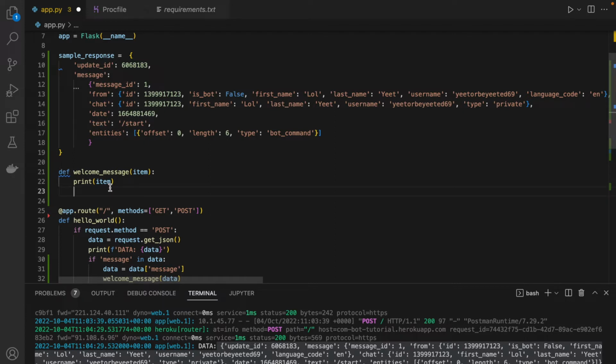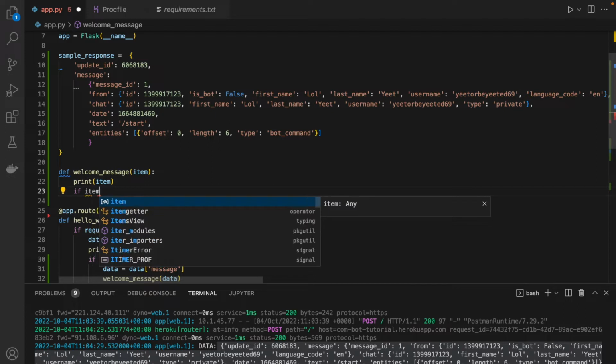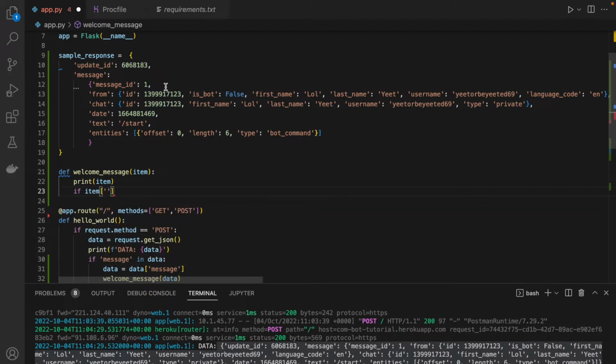So if the item got text attributes, which is this part, so if inside a message there is a text attribute, meaning that it's a text message, then we can, or maybe dot lower equals hi. If someone sends hi,